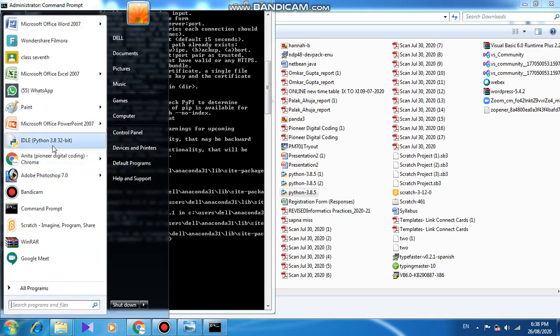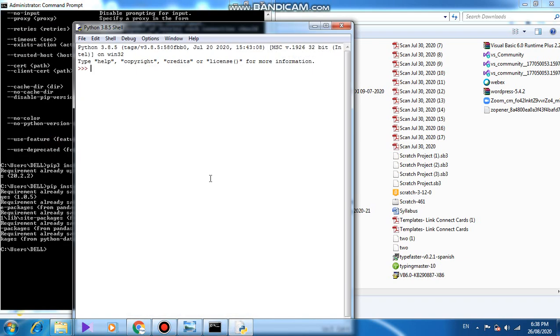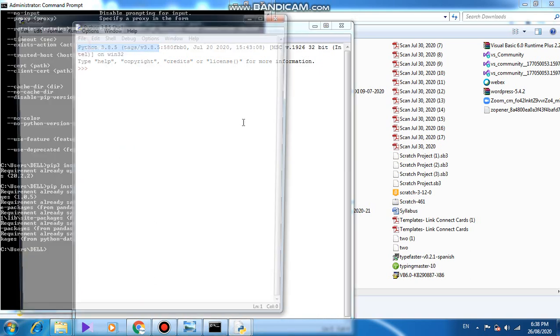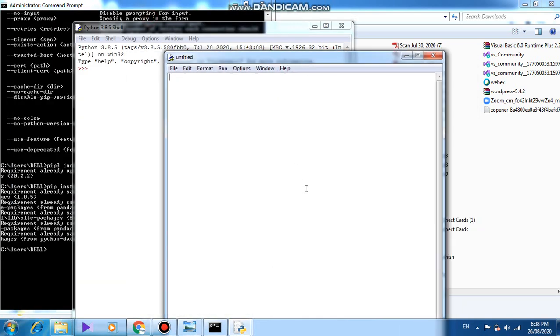Let's go to the IDLE. This is my IDLE, right? I am going to the Python editor. Here I will type one program: import pandas as pd, right? Now l is my list variable and I'm converting the list to a series.